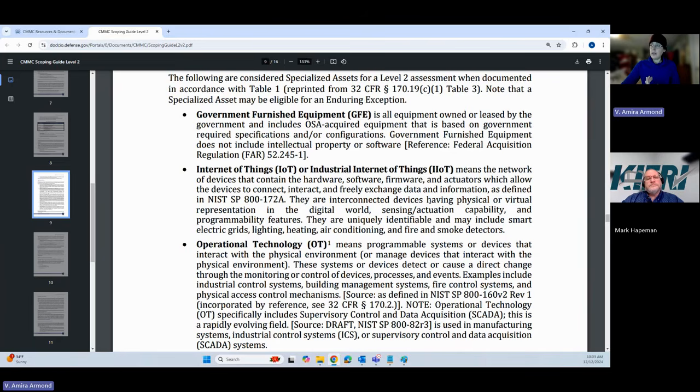But when we think about, say, smart lights, there's that physical component of the smart light, but they also have an operating system and an IP address. Sensing or actuation capabilities. So sensing is learning about the environment. That could be some sort of a camera. It could be a sensor, like a temperature sensor, a smoke sensor, a power meter, right? And then actuation is changing something, making something happen.